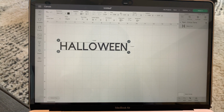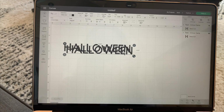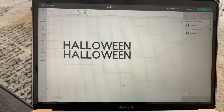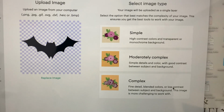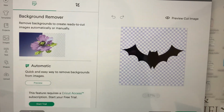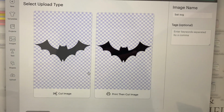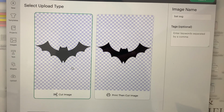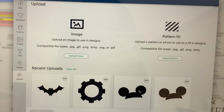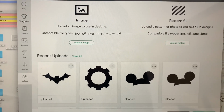It's really easy. You just type in text and you can type whatever font, size. You can do arched font, like any type of designer studio that you would ever use, like Adobe or anything. It has the same concept as that. So you just type in what you want. I also selected the BAT SVG, so I downloaded that to my computer, and it just removes the background, so all you have is the image. So I select the cut image rather than the print then cut, and then I just saved it to my device. So then I inserted it into my document on which I was creating, and I went ahead and